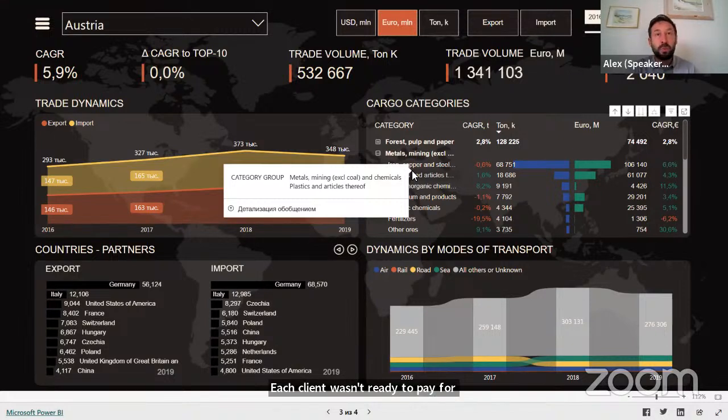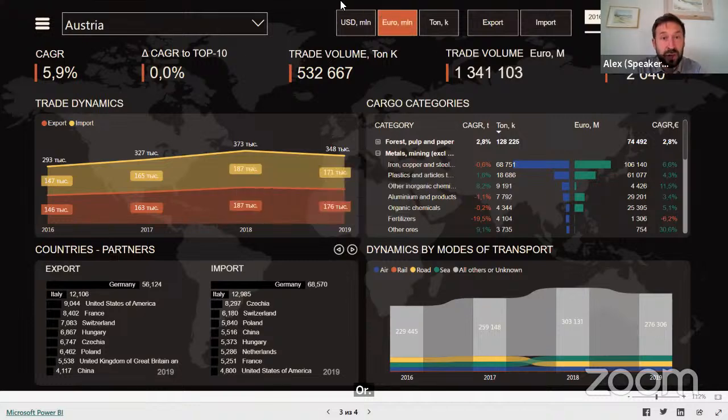So he wanted to pay as a subscription for a product, not so expensive, but not, for example, 10, 20 or $30,000 for their data preparation and custom dashboard development.